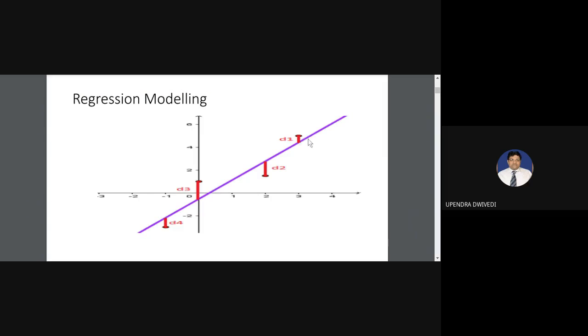Now, when you draw this line, you can find that there is a difference between the observed value and the predicted value. The predicted value falls on the line, and the observed value is the actual value which you have got from some experiment or some data set. There is a difference between the predicted value and the observed value for D1, and again for D2, D3, and D4. There are 4 points, and all of them have some difference between the observed value and predicted value. We call this an error,